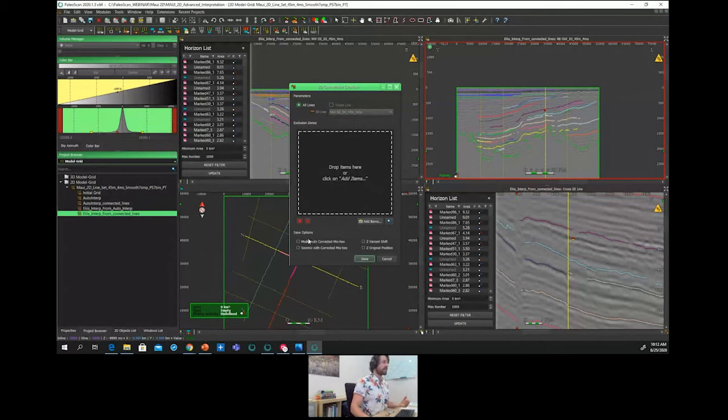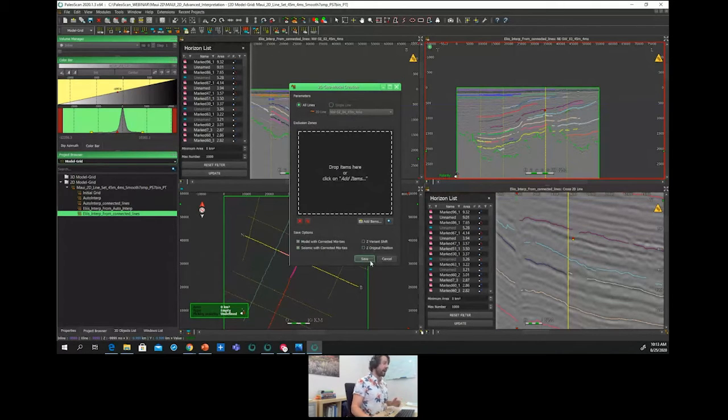Then there are several options, including, by default, the creation of the model without the mistie management in between the 2D lines. But it remains possible to create a secondary model with the corrected misties between the lines. It's possible to recompute the 2D line set with the seismic data with the corrected misties as well.